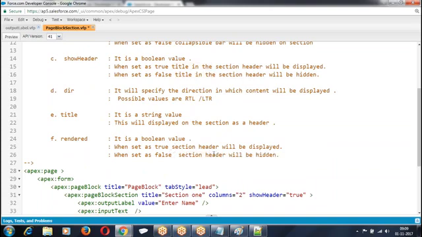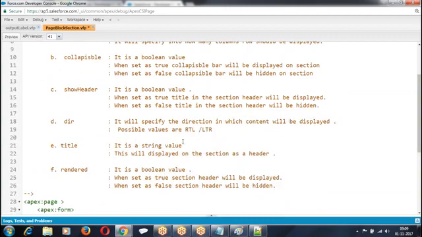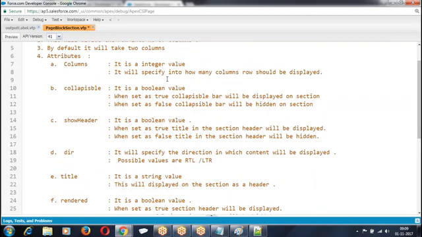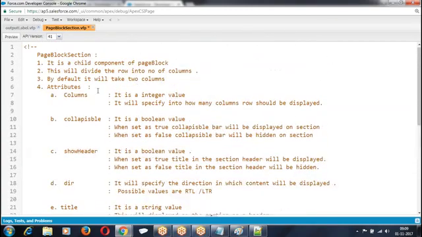So these are the elements we have in terms of page block section. Page block section is a child component of page block. It is used to divide the row into a number of columns. If you don't mention any number of columns, by default it will take 2 columns. Now, major point: in every column